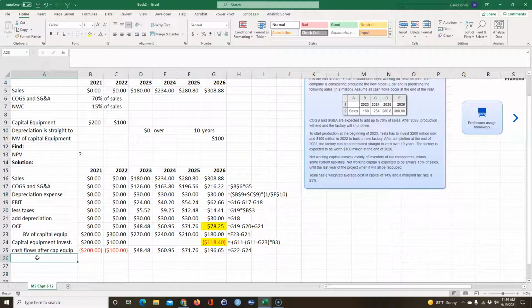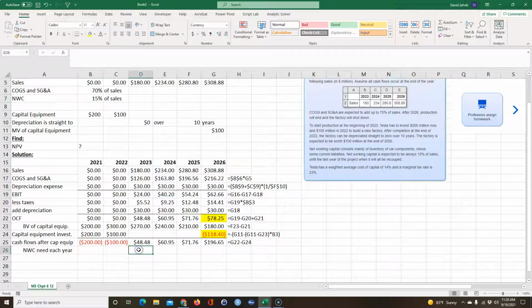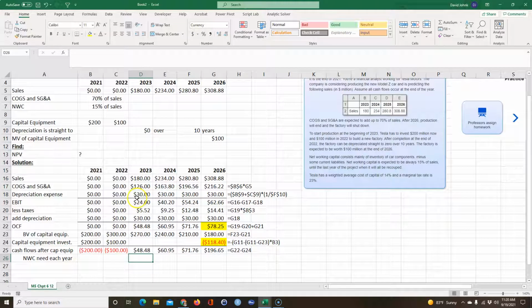All right, and then the next thing we want to do is we need to know the net working capital. So this is going to be something we just have to do along the way here. So I'm going to indent it. Net working capital needed each year. So the net working capital, if you read here, it says 15% of sales. So the first year we need net working capital is 2023,